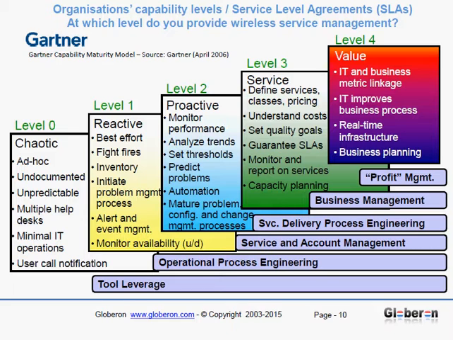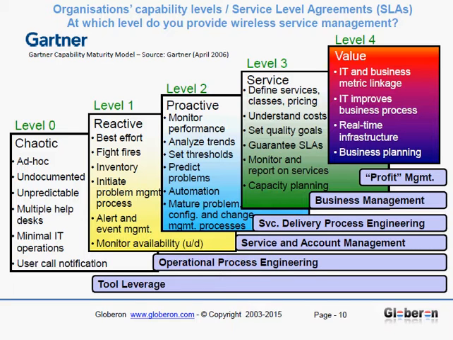Now, if you started to implement some processes already, you move already to level 1, but still it is very reactive. You're still fighting fires. You initiate problem management processes, so you can take calls of the customers. You probably have a single help desk so that all the calls come centrally into the organization. But you only monitor the availability, up and down management. Your access point is up or your access point is down, or your service is up and down, and so on. So very basic management.